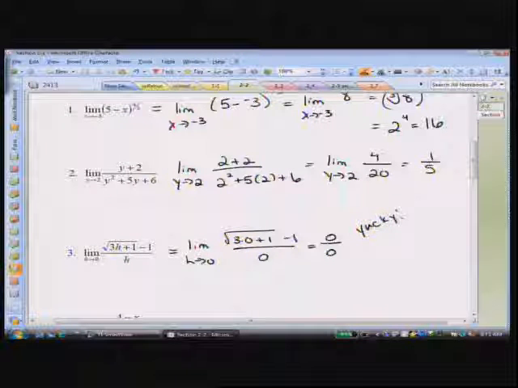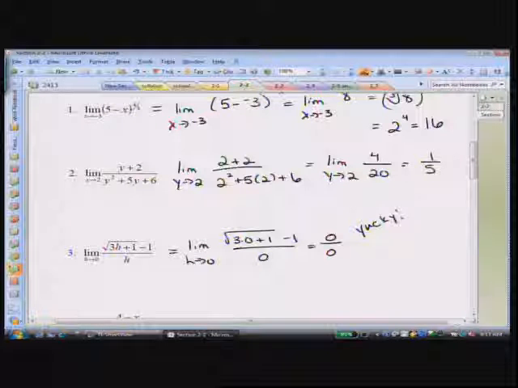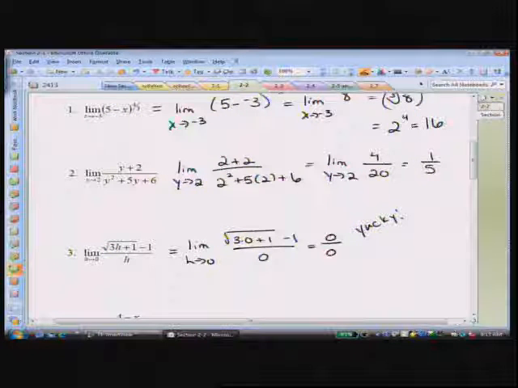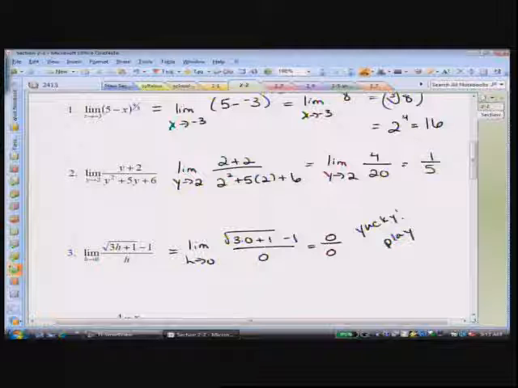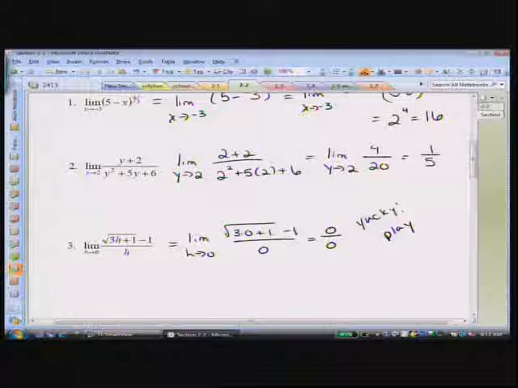Okay, and it's yucky because you can't divide by 0. Remember, that's not defined. Now, there are yuckier things in the world, like 5 over 0. Well, I don't know if they're yuckier, but more complicated. 5 over 0 is actually more yucky than 0 over 0. 0 over 0 has a chance of actually having a limit if we do some algebra, if we play with it a little bit. If you had gotten 5 over 0, it's one of those infinite cases, and the limit doesn't exist, like you were talking about last time with the asymptotes. Okay, so